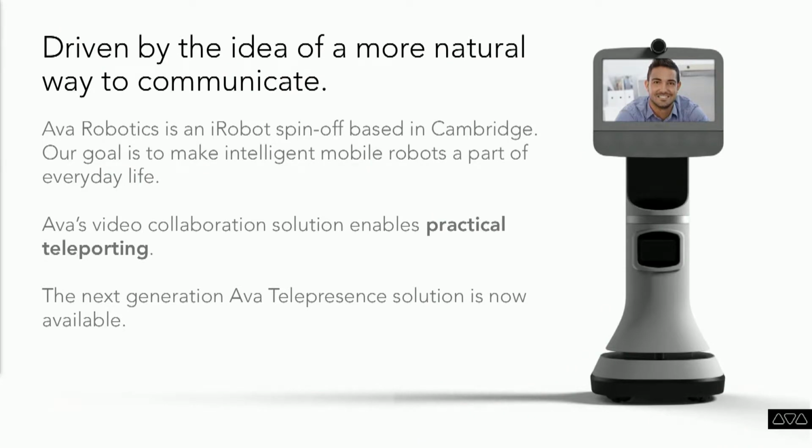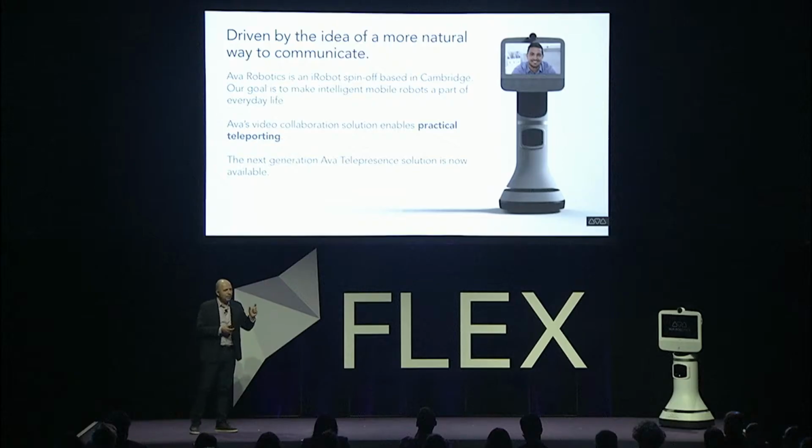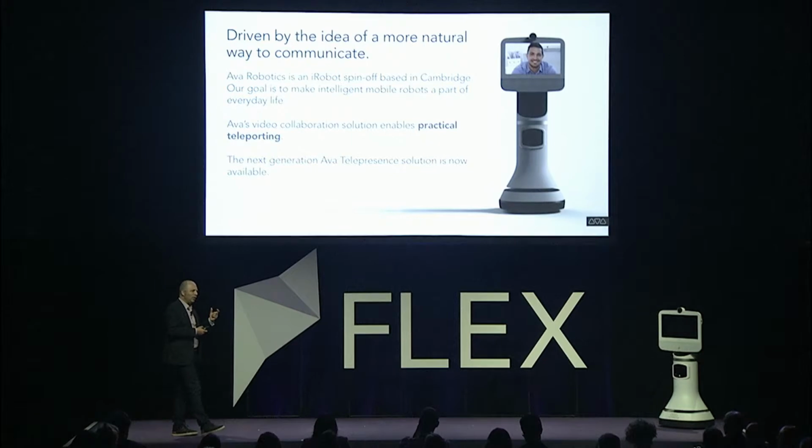an independent company. So it gives us the freedom to explore working with our customers to bring these products to market. The ambitious word we use for what we're trying to do is practical teleportation. What we're trying to say is not only we do the video conferencing that we're all used to today, but we also enable moving around and letting the person who's the remote user, be it a visitor, a remote employee,